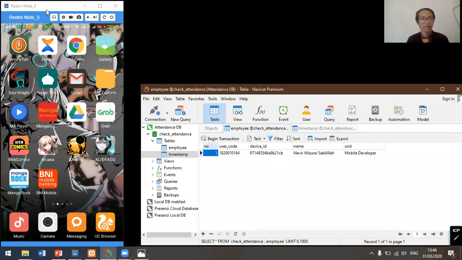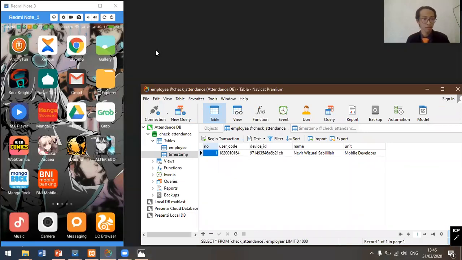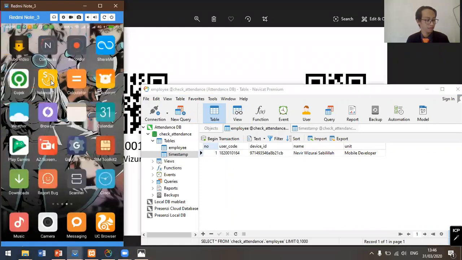Here is the interface of my phone, and I'm going to navigate to my application.